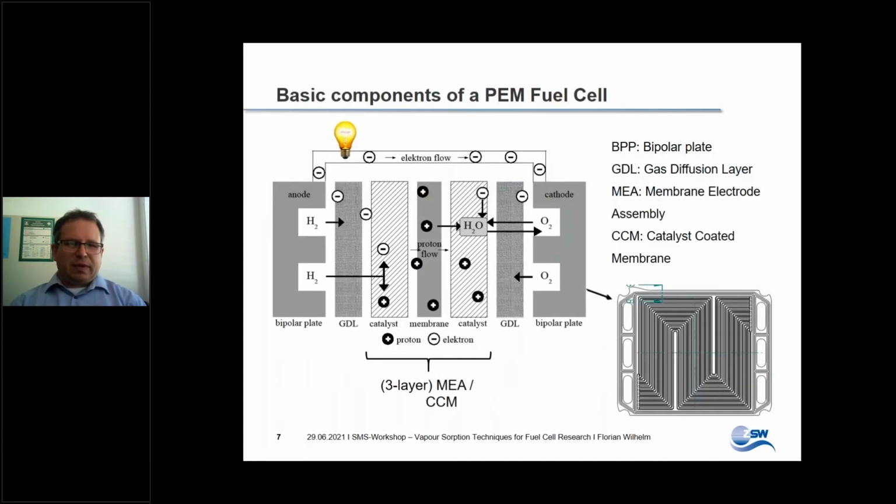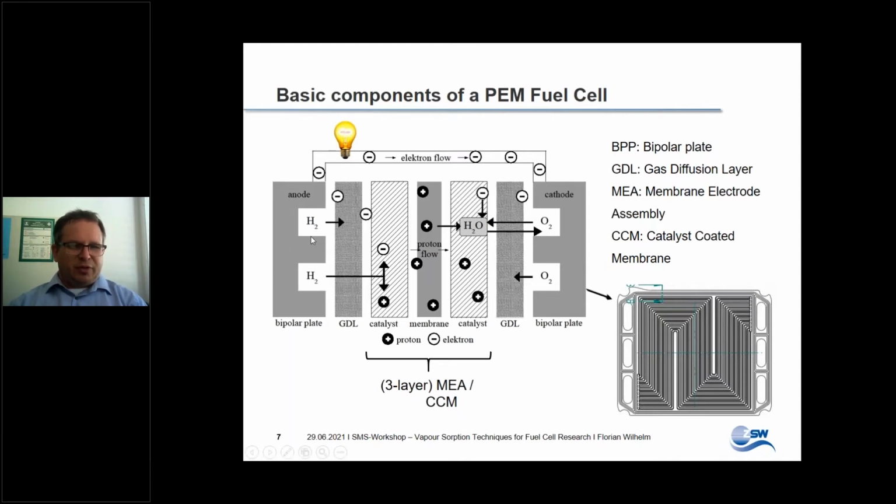First of all, what is a PEM fuel cell? Now, I guess for most of you this will be very familiar, but as I said, to bring everybody to the same basis, I would like to introduce it in short. So starting from the anode over here,